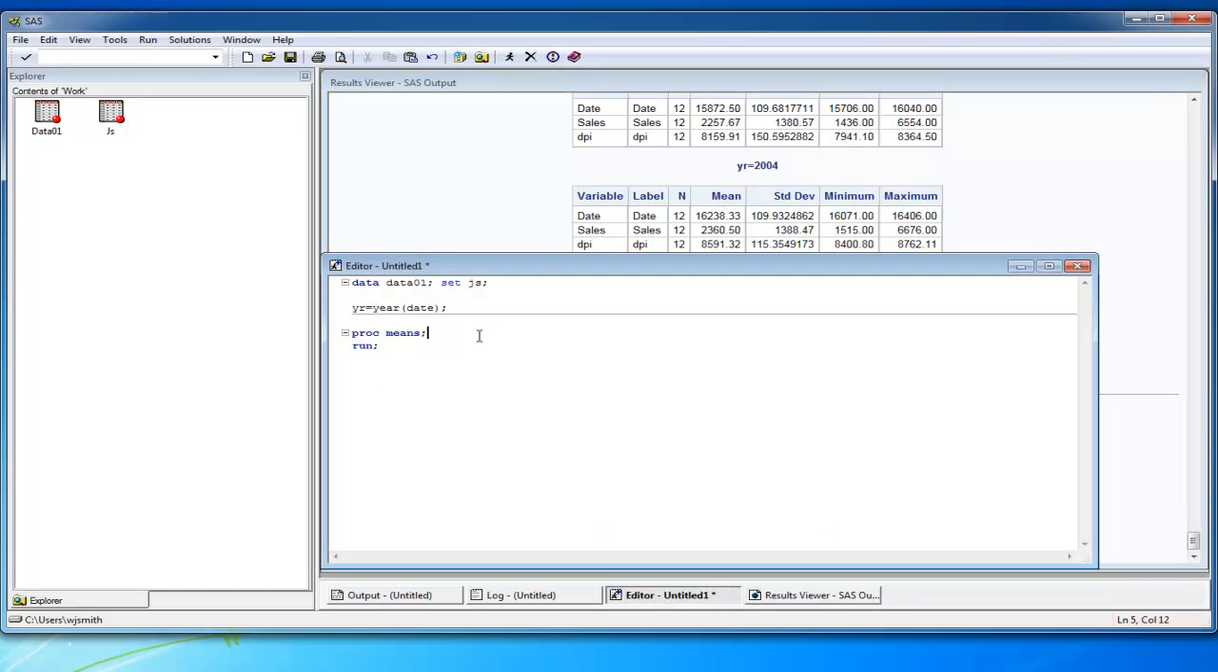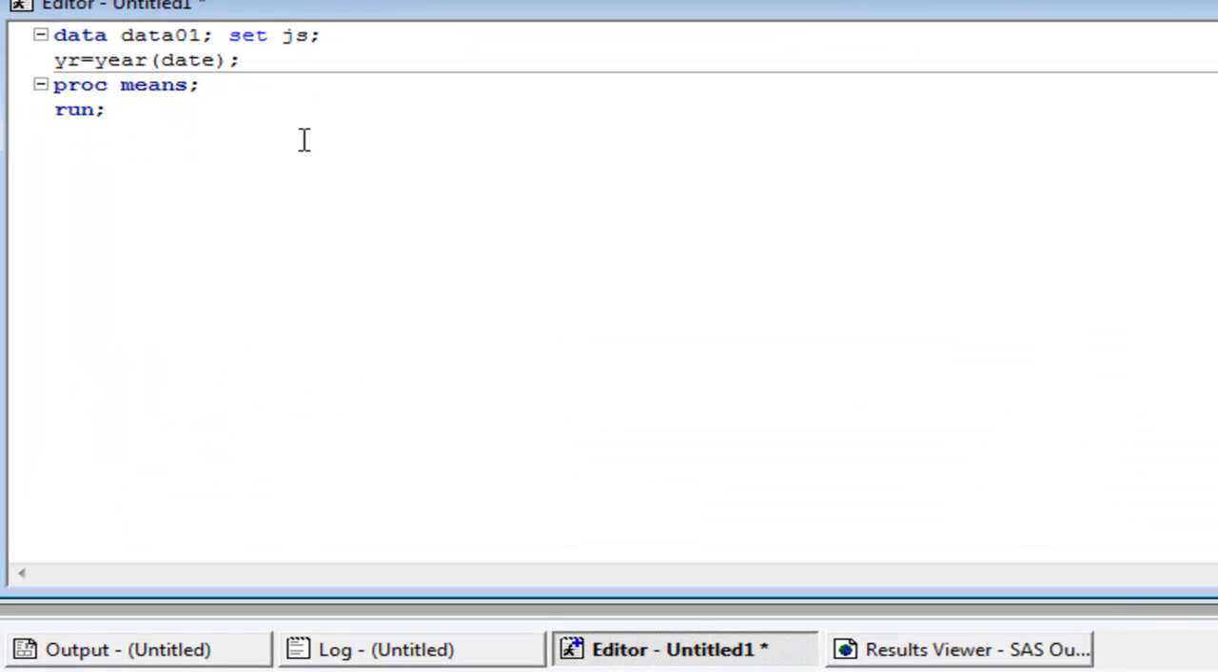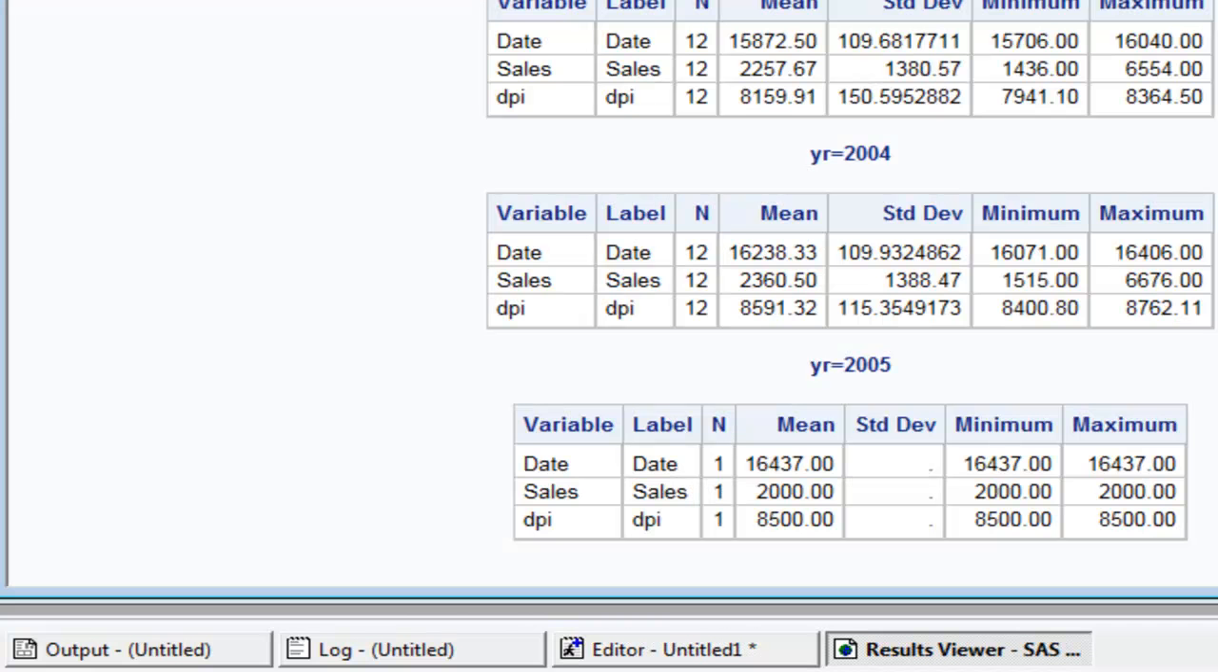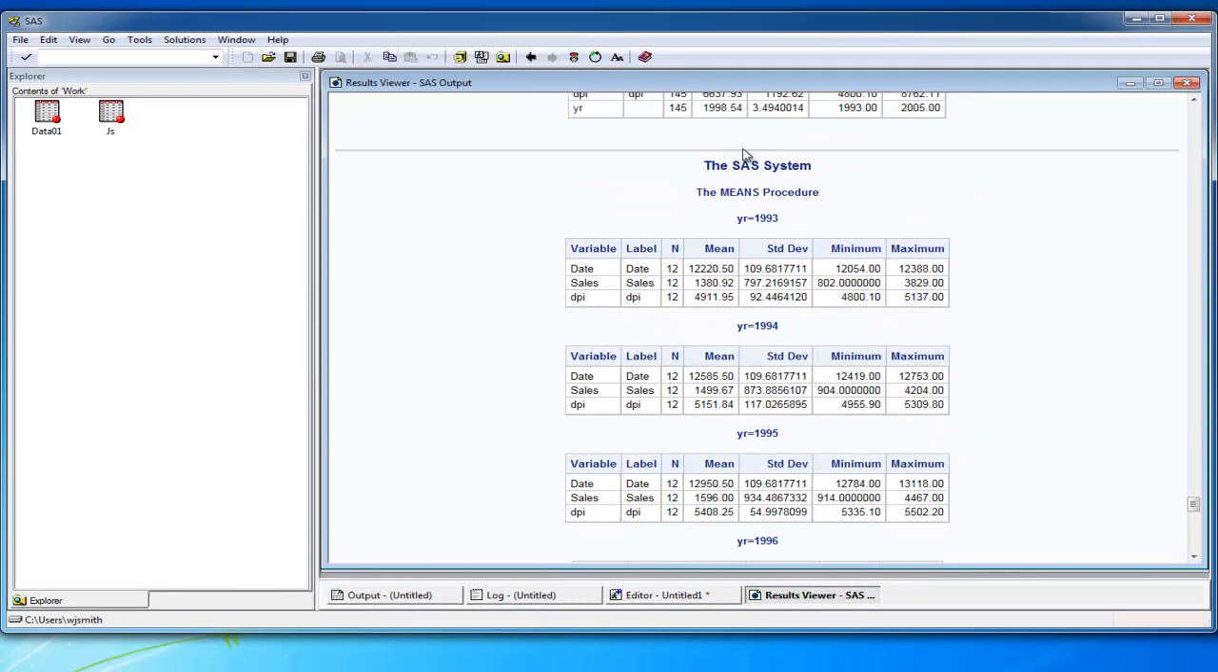If we want to calculate the means based on the year, what we're going to have to do is put in a by statement. And so proc means is going to be followed by by year. And so now when we rerun this, we're calculating the means not just across all dates, but within each year